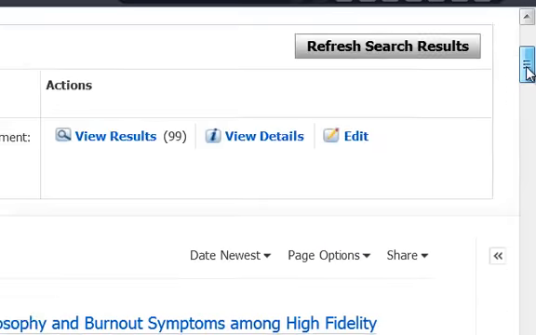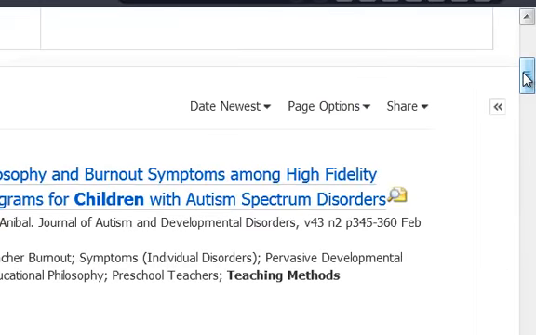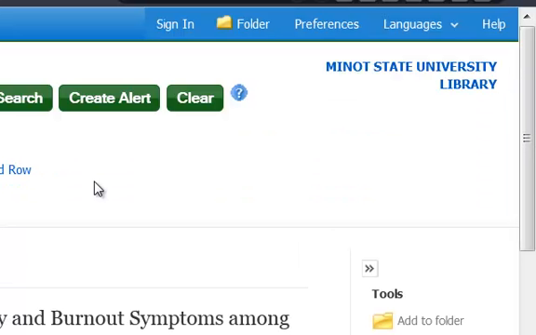Now I want to show you one more thing before we wrap it up, okay? And that is how to cite an article in this database. Because once you've got the articles, that's good, but you need to know how to cite them too. So let's say I want to cite this one. Okay, all you've got to do is click on the title,